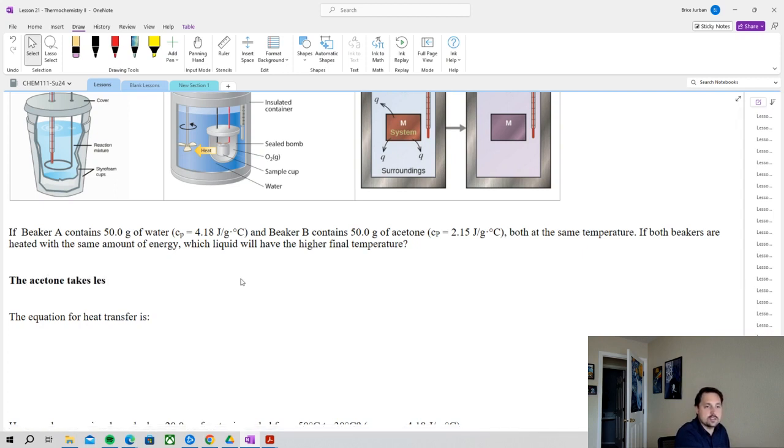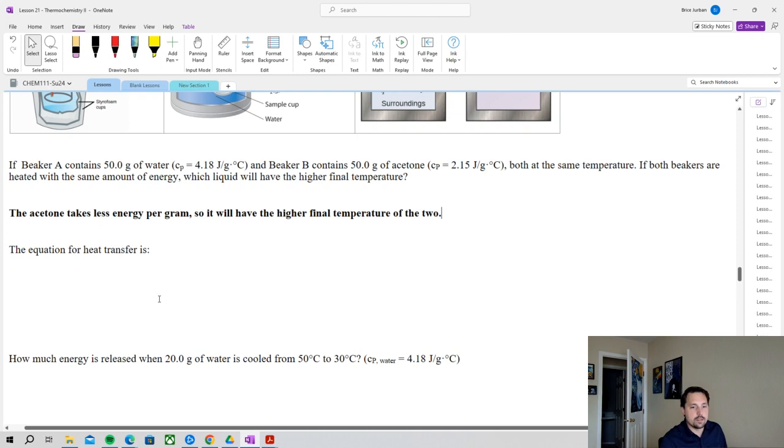So the acetone takes less energy per gram, so it will have the higher final temperature of the two. Okay. Now, if we want to figure something out that's a little bit more complicated, we're going to need to